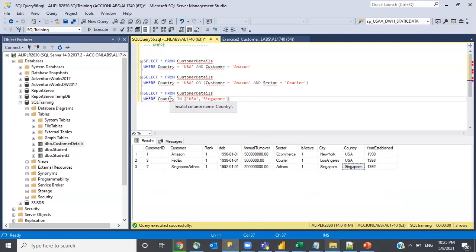Now if you see, instead of equals to, I am using IN. When you have a single value to search for, then you use the equal to operator. But when you have multiple things to search for, then you need to use the IN operator. Now just select this and execute only this particular statement. It is giving me the same result that we saw the first time with the OR condition. If tomorrow one more country is added, then you just need to list that country here.